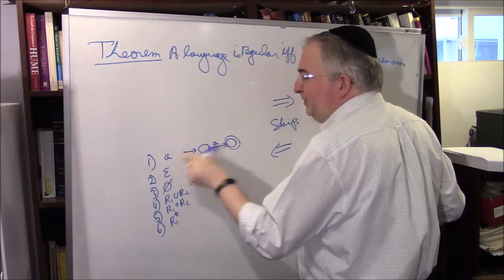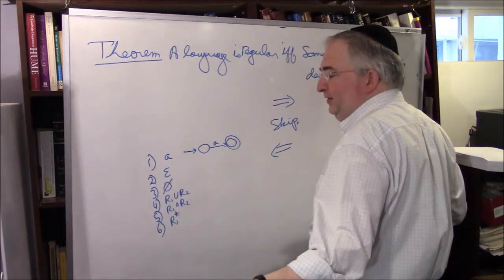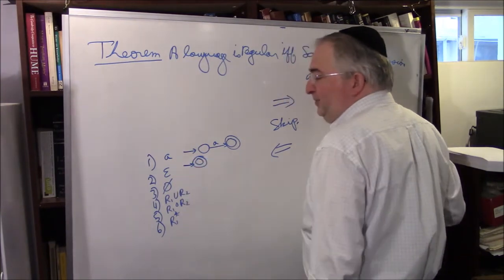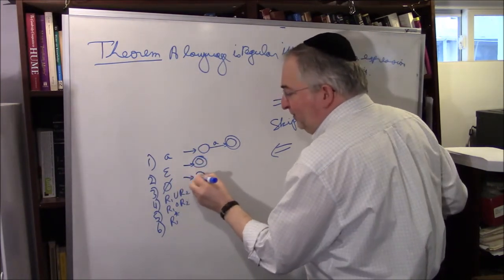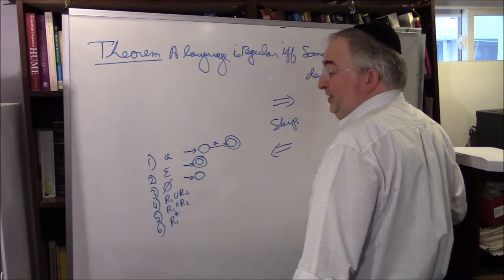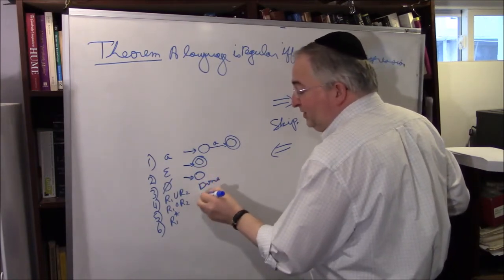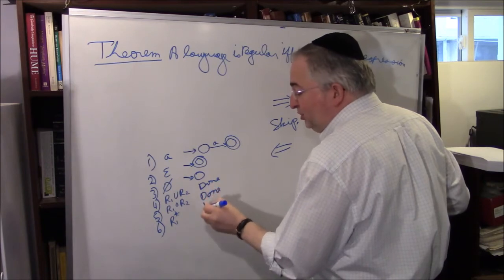Here's a finite automaton that just accepts the word A. That's it. Here's a finite automaton that just accepts the empty word. Here's a finite automaton that accepts the empty language. And we did this. This is the center part of section